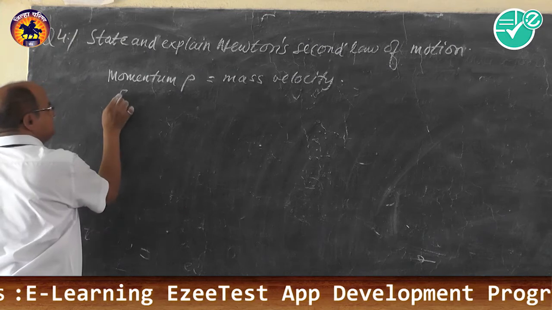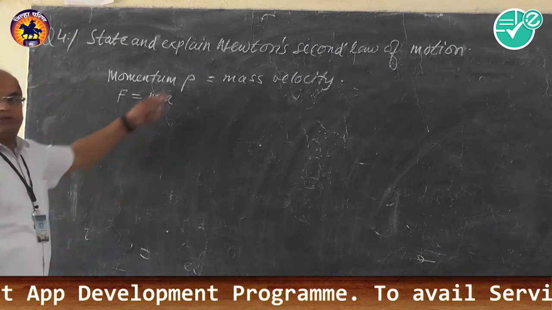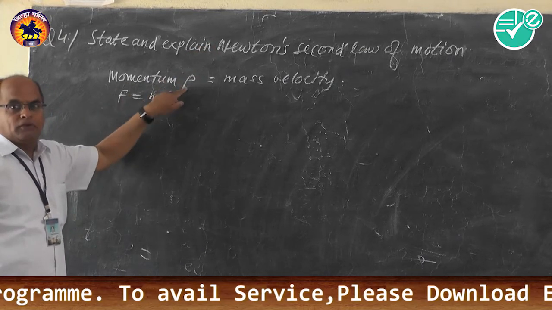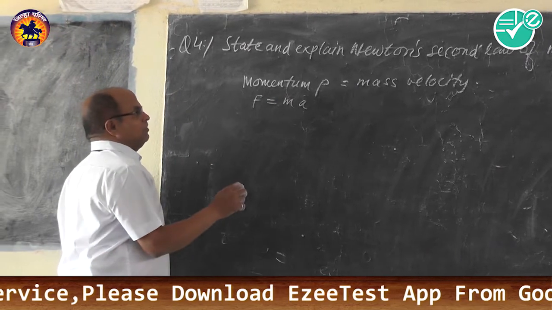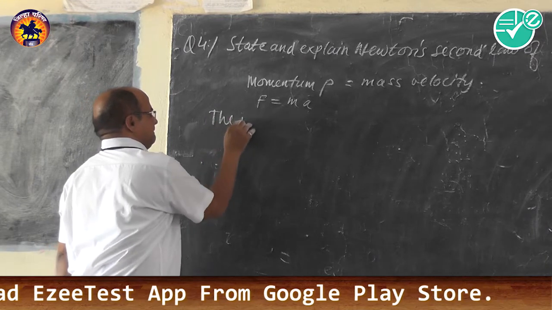And force is mass into acceleration. So Newton's second law of motion correlates force with momentum, or momentum with force. The statement of Newton's second law of motion is: the rate of change of